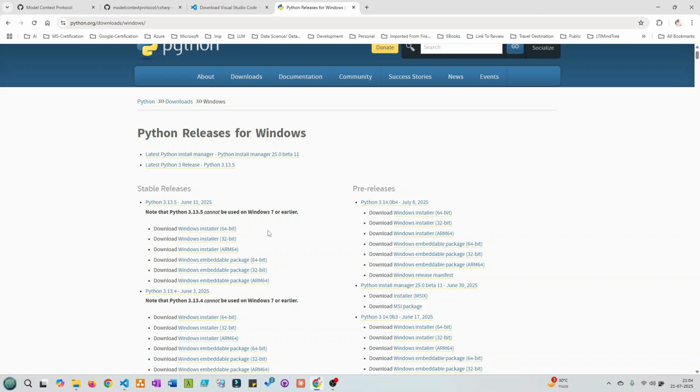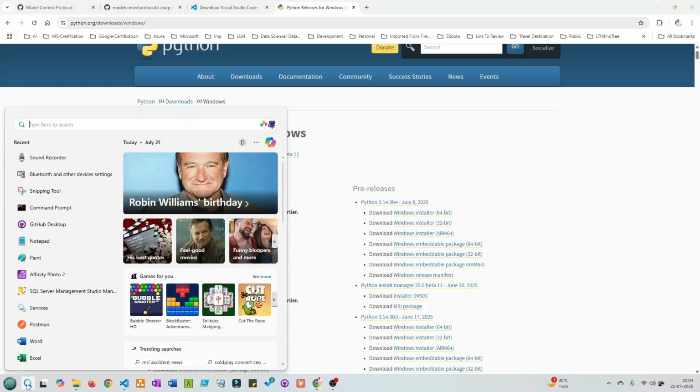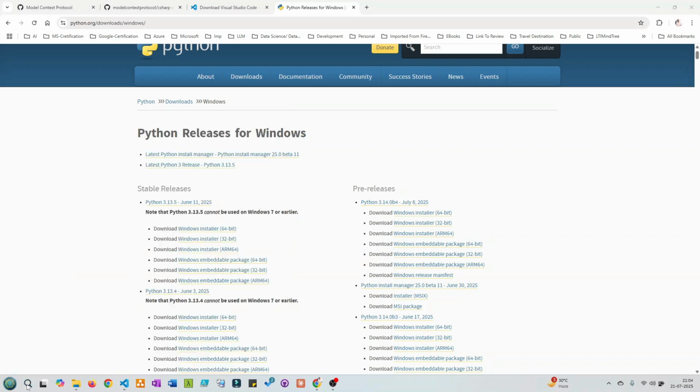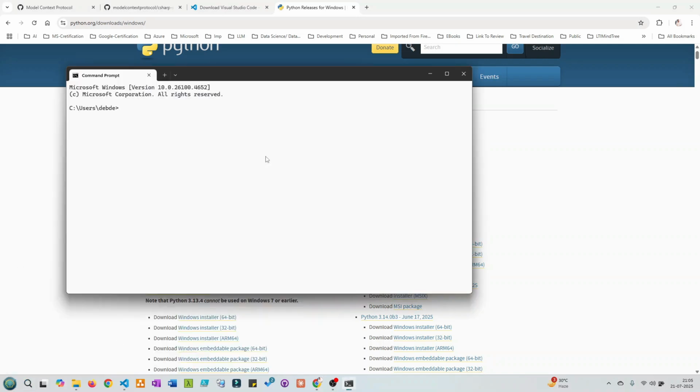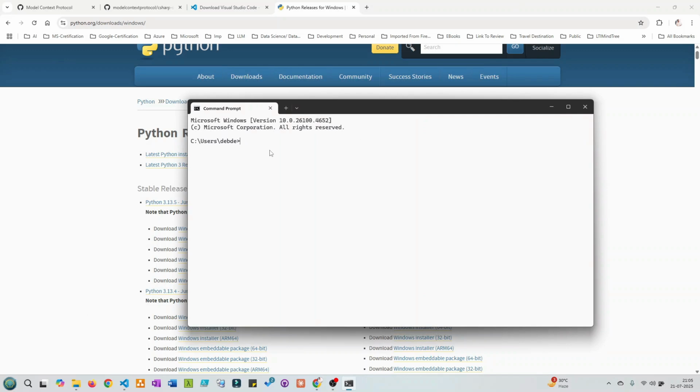I have already downloaded it, so I cannot reinstall it one more time. But once you download it, you click it and install it. Then you just need to fire up the command prompt: write CMD over here, and the Windows command prompt will come up for you. Now, if you type